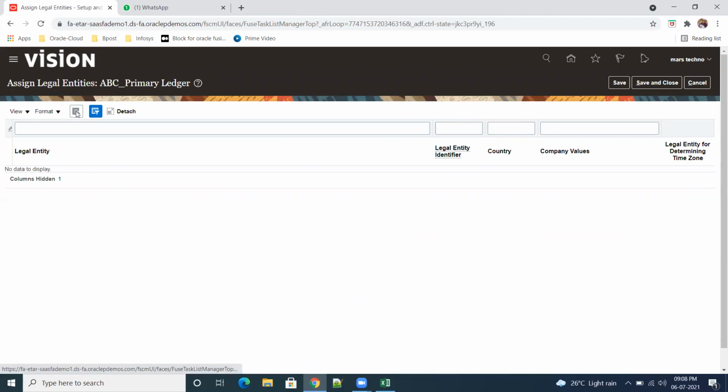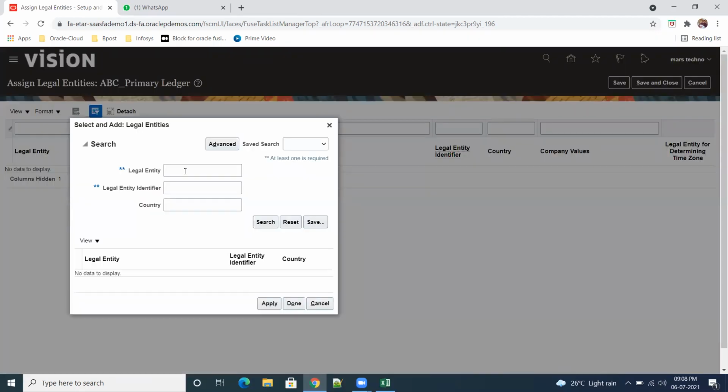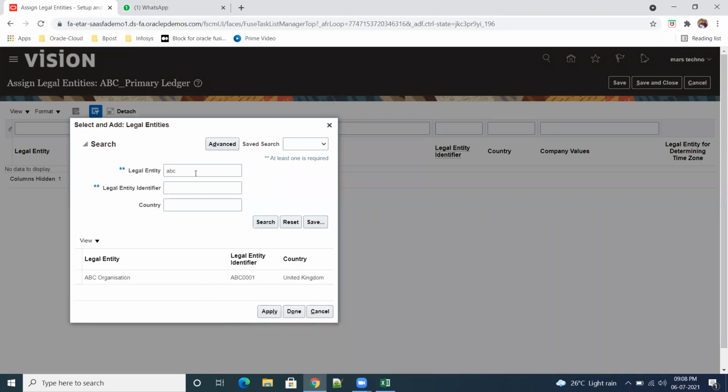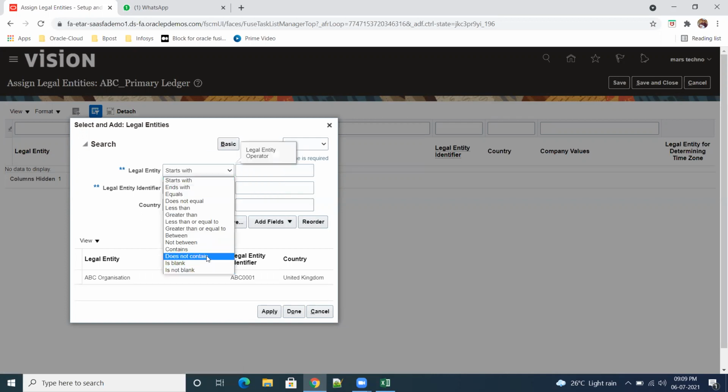Okay, click on plus. My legal entity is ABC, but it is not coming here. Yesterday I tried and could not find it. We have other options also.